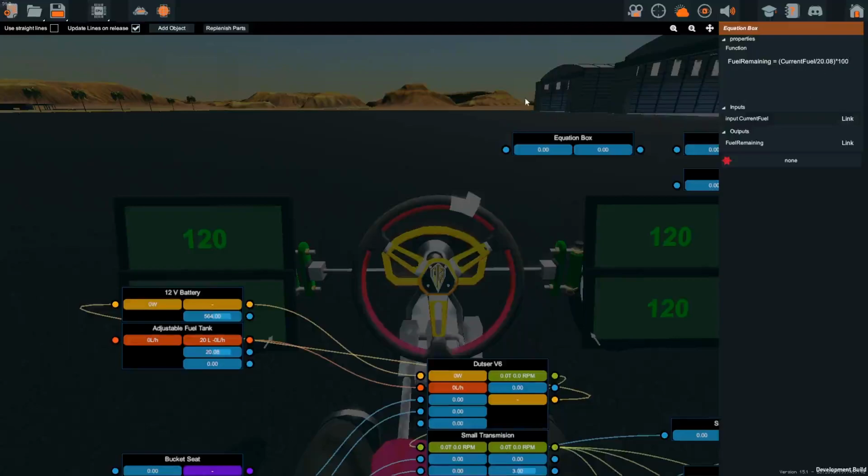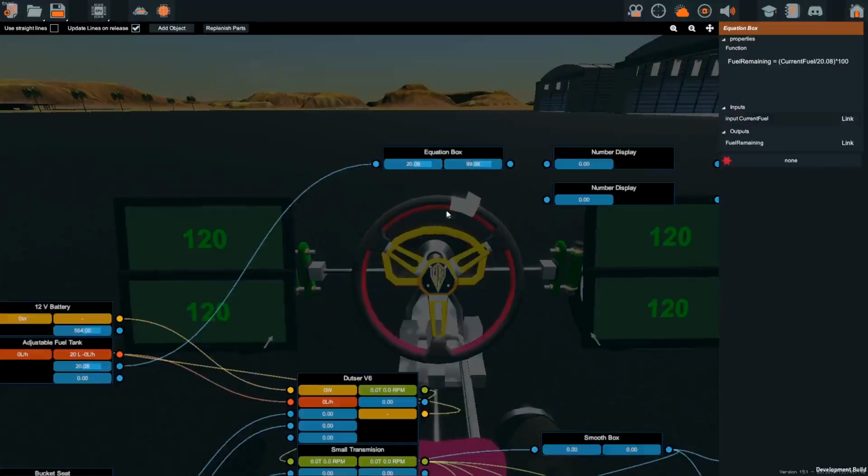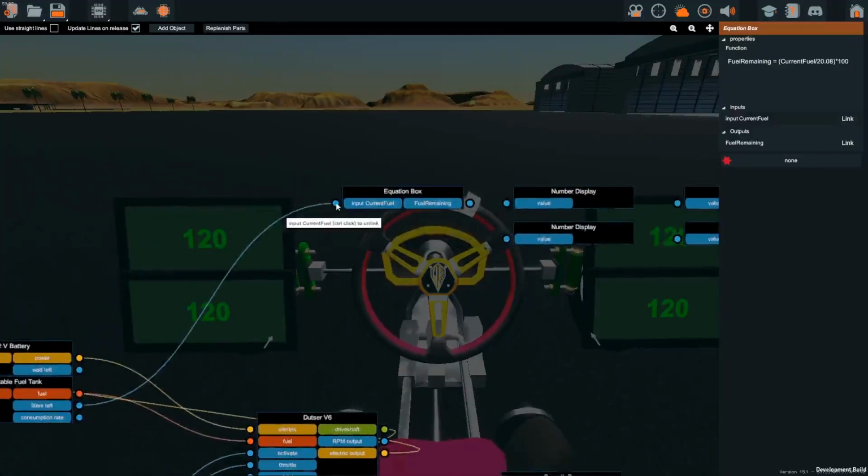Now what this does is it gives us a value between 0 and 1. It's going to divide the current remaining fuel by the actual capacity, and then multiplying by 100 turns it into a percentage. Like I said, we'll explore this further in another video, but for now, this will work. And as you can see, we have 99.98% fuel remaining. So we can take that output, put it on the number display, and now you can see the top left